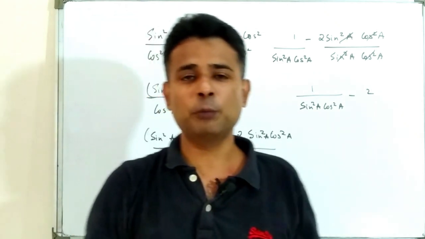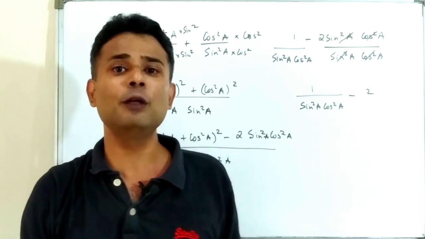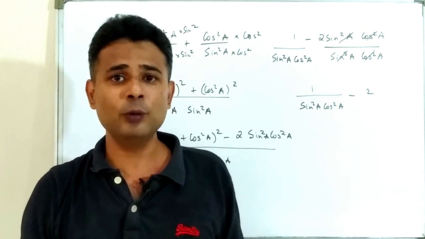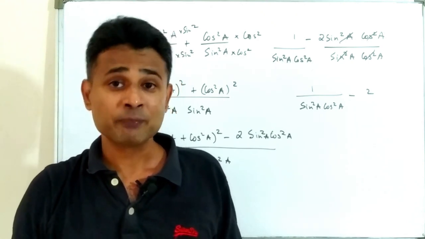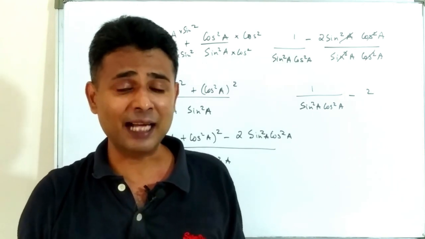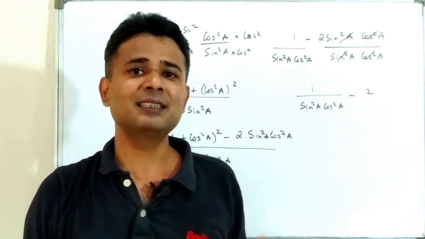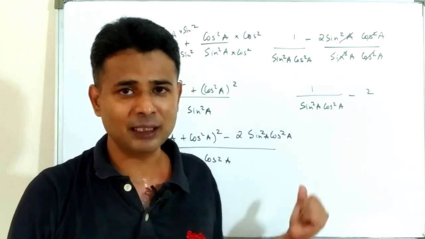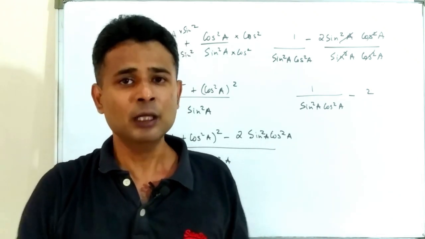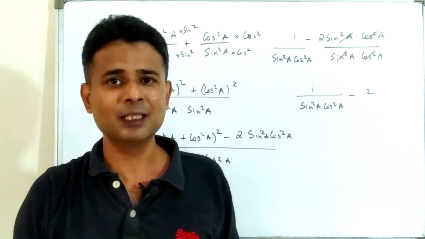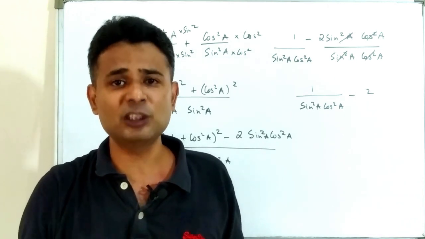Now guys, before I solve the next problem, a lot of students ask how can we get the idea in exam suddenly? How will we know what trick to use? Guys, I am telling you, in trigonometry or in general in mathematics, ideas will come only if you practice. Need to solve as many problems as possible. Once you practice enough, slowly your mind will start picking things up faster, and you'll start getting ideas of how to solve the problem. Then you don't even have to do trial and error, because once you have solved so many problems, a lot of problems are similar to each other. So you'll start understanding which tricks to use when.